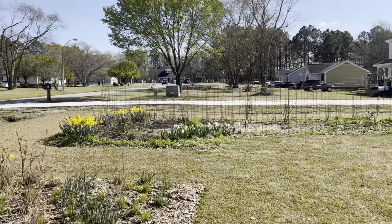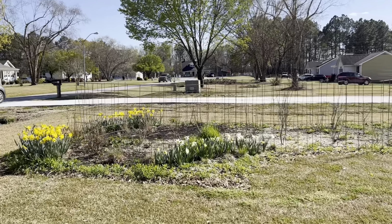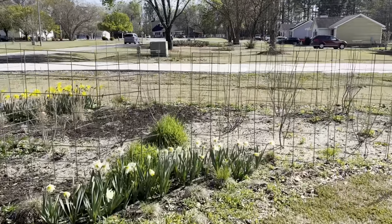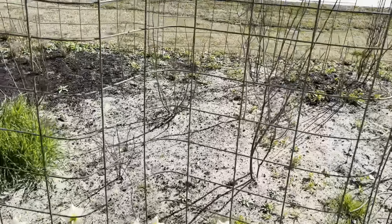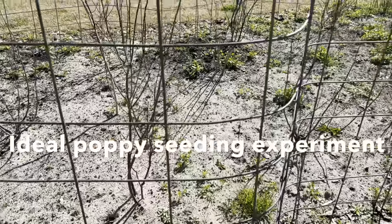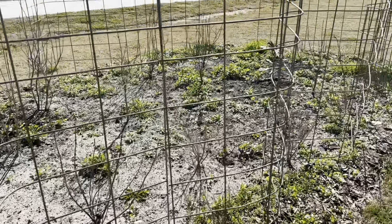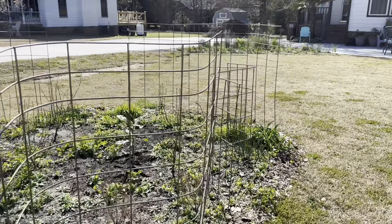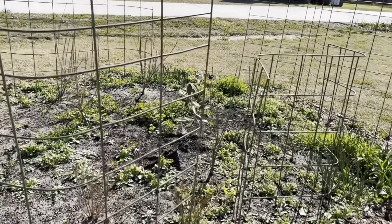I mentioned the poppies, and I know what I'm going to do. I'm going to go ahead and toss that extra packet of poppies into this bed where you see the open sand. And that's just going to be an experiment to see how poppies will do being planted this late. My suspicion is they won't really perform because we get hot so early and the poppies